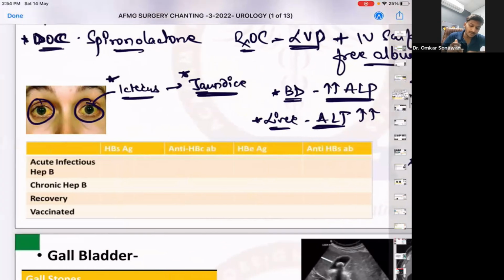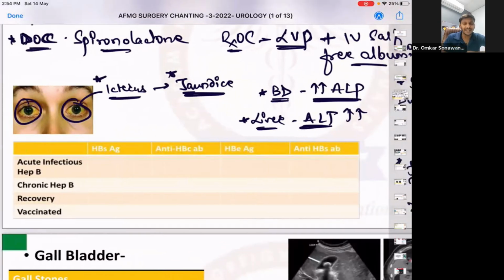Whereas if I talk about AST, or SGOT, please remember AST, aspartate transaminase, is usually elevated in cases of alcoholic liver disease. Very good. But the most specific test for alcoholic liver disease, anybody? ALT is elevated in all liver pathologies. AST is elevated in alcoholic liver disease, but it is not the most specific because AST can also be elevated